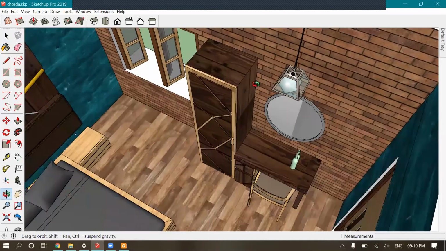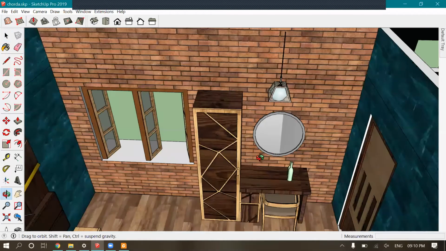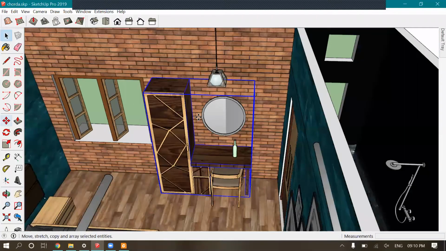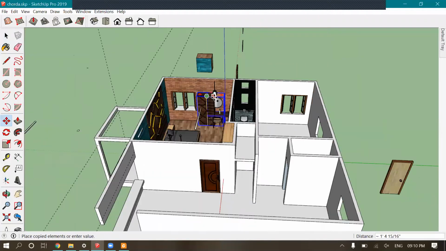So let's say we need to get a cost estimation of the amount of ply required to make this. So we'll just be copying it.